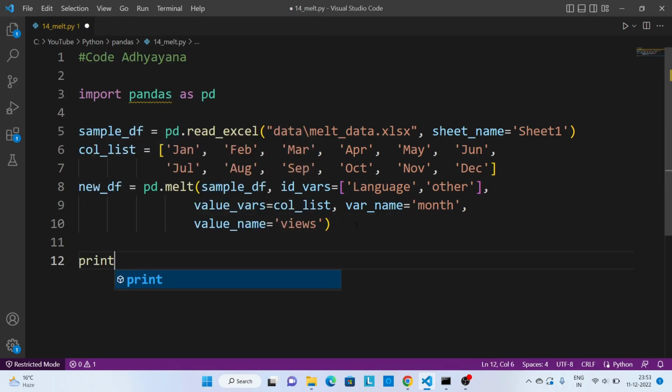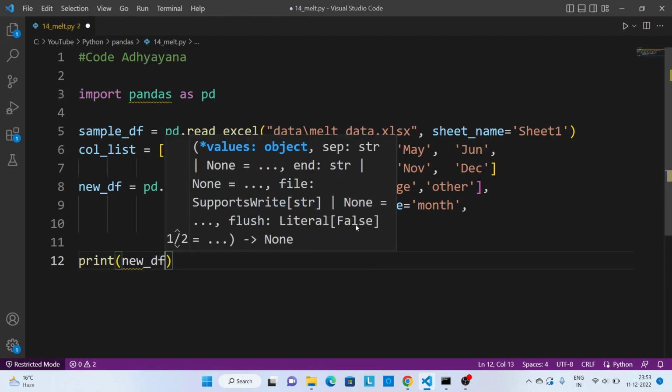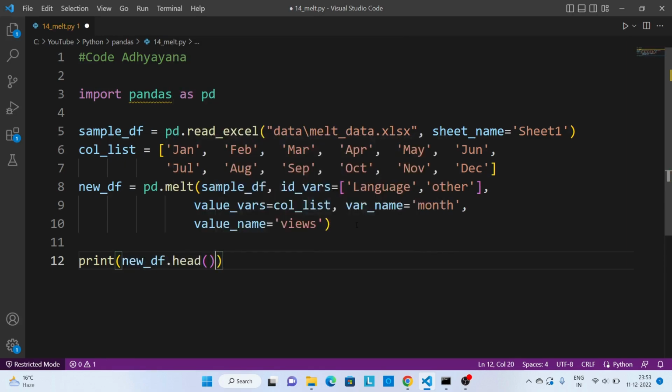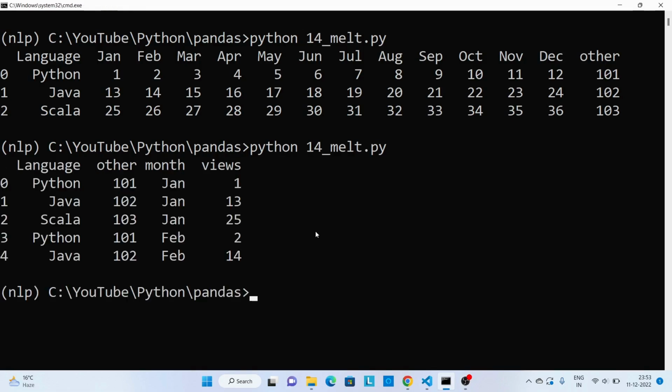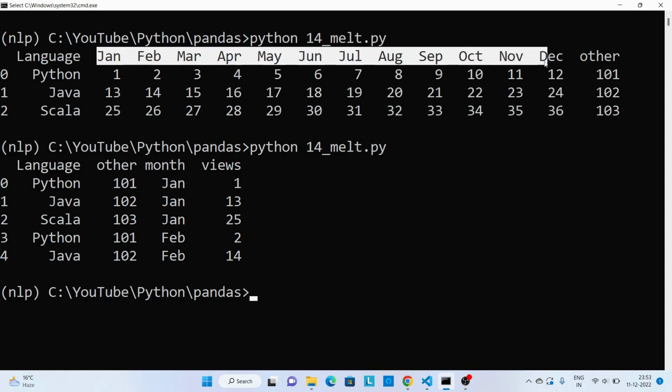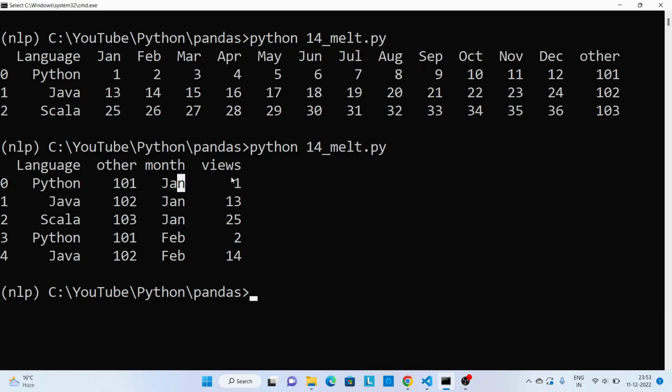Let's print this new data frame. And you can see there are 4 different columns, the language and other, which are as they are, and all these months are in one particular column with its corresponding values. Say for Python and January we have one view.